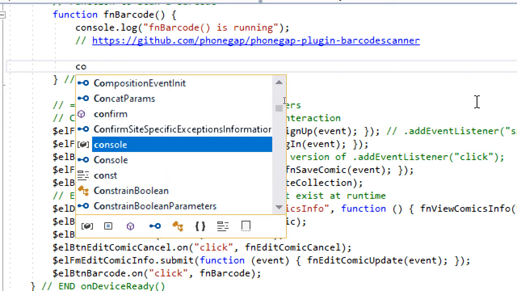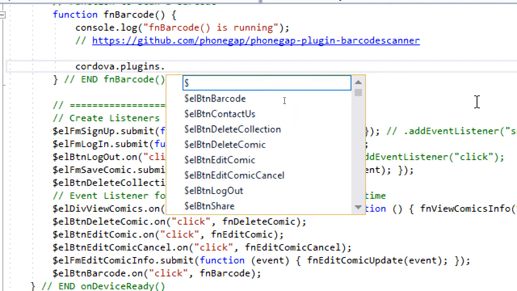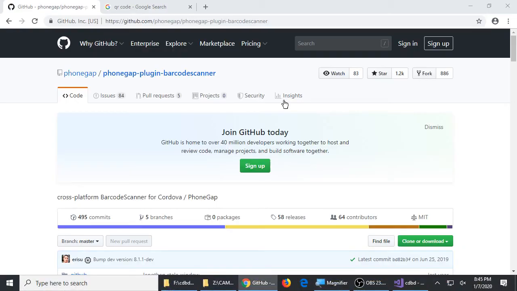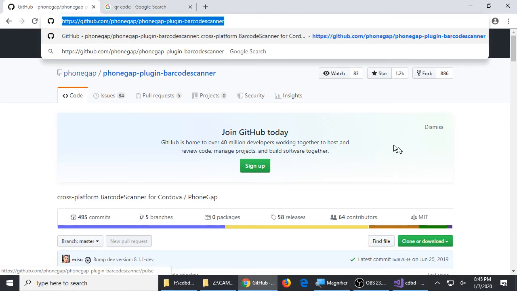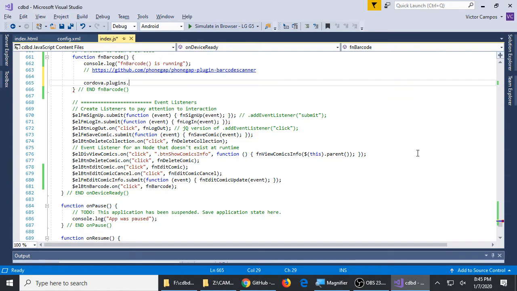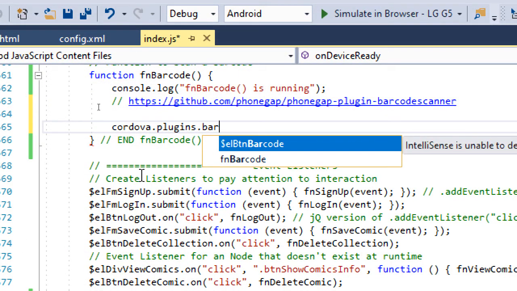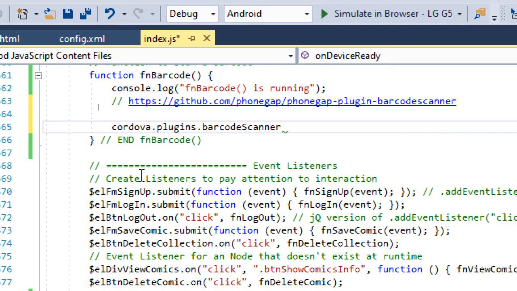Okay, well, this works with Cordova.plugins, plural, barcode, scanner with a capital S, dot scan, so ultimately we have this